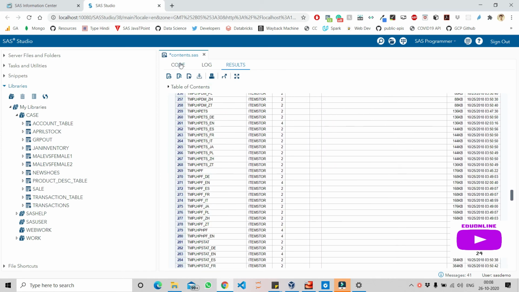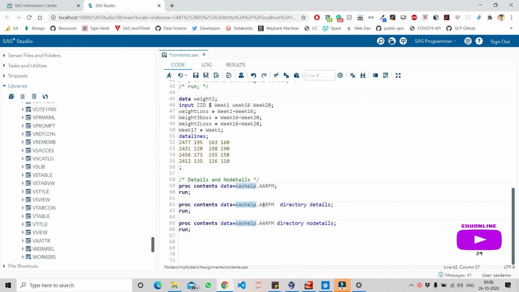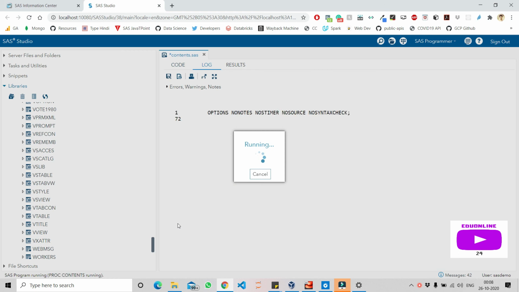Again, this is the SAS help library, so it will have a lot of datasets here, right? So all these datasets, and then we have no details, which will print fewer details as compared to the details method.